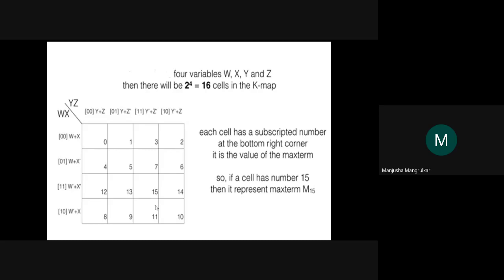The same way we can follow for the whole K map. So now we can see the term of this cell 15, all are 1. So what is the term of this 15th cell? It is w complement plus x complement plus y complement plus z complement, right? So this is the product of sum, and these whole terms are multiplied, and that forms the boolean function of this.